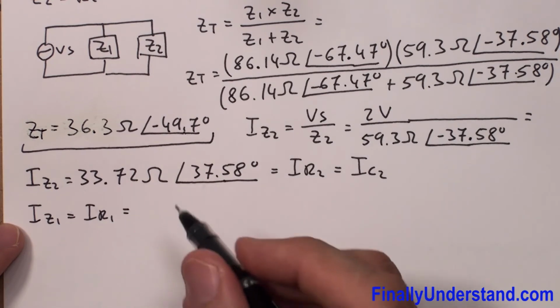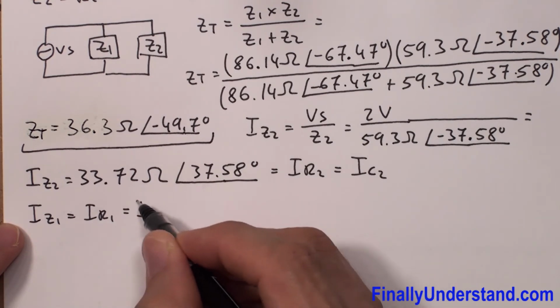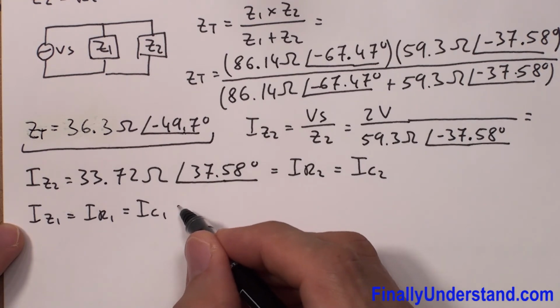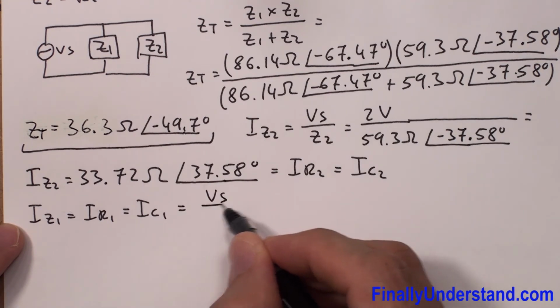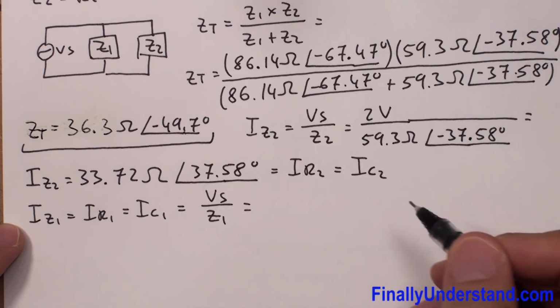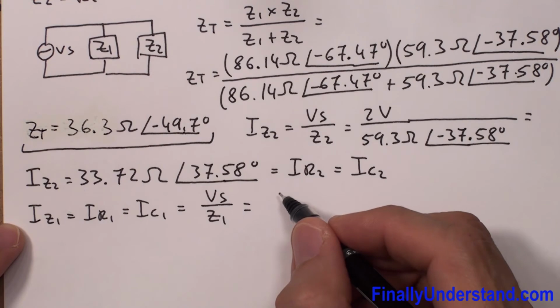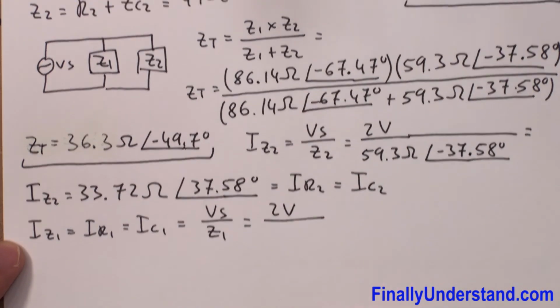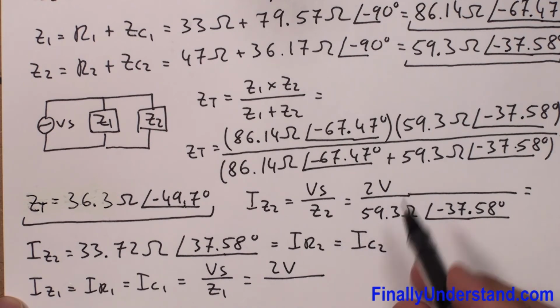This is also equal to I C1, and this is equal voltage source over Z1, where voltage source is equal 2 volts divided by, we have Z1 which is equal